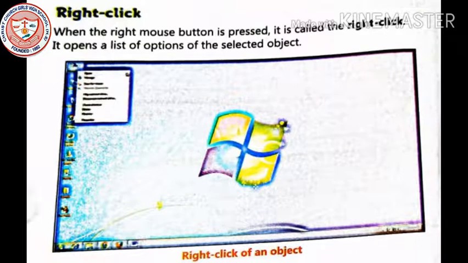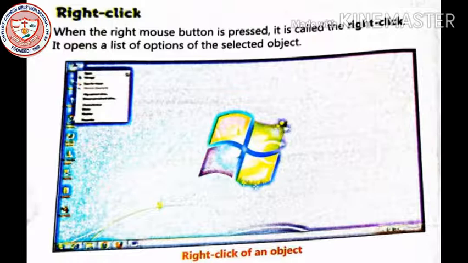Right click. So what is the use of a right click? What can we do with the help of a right click on a computer? When the right mouse button is pressed, it is called the right click.